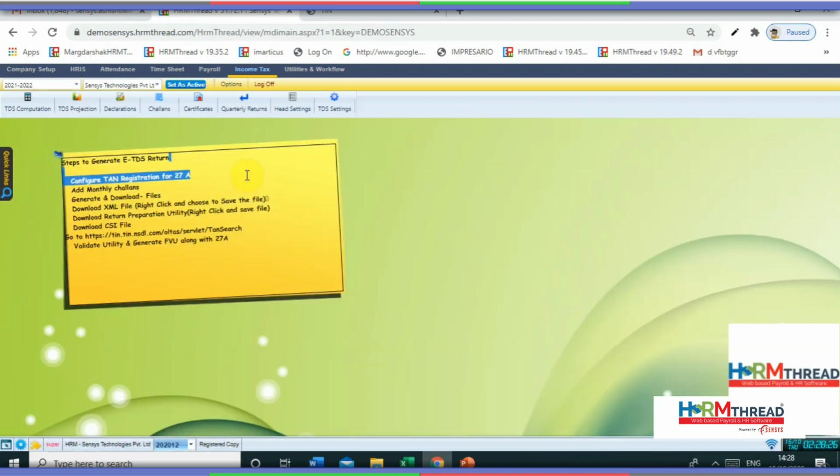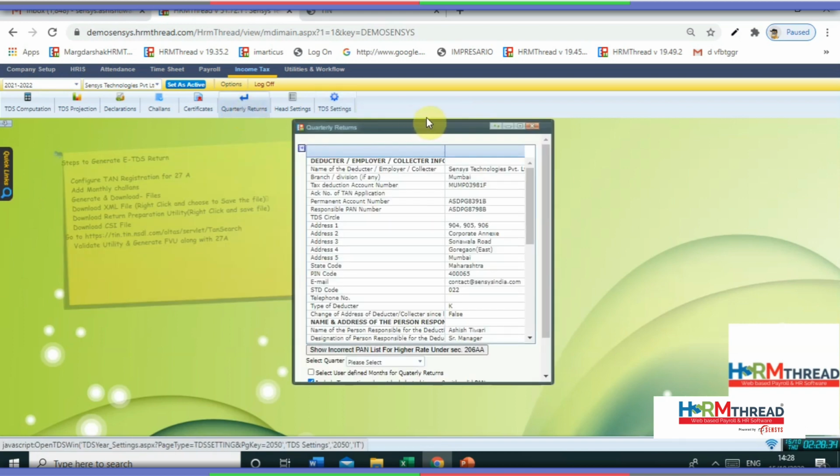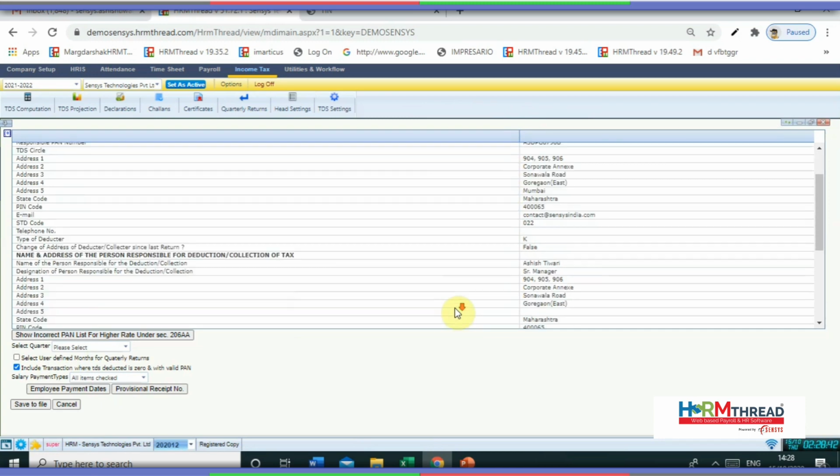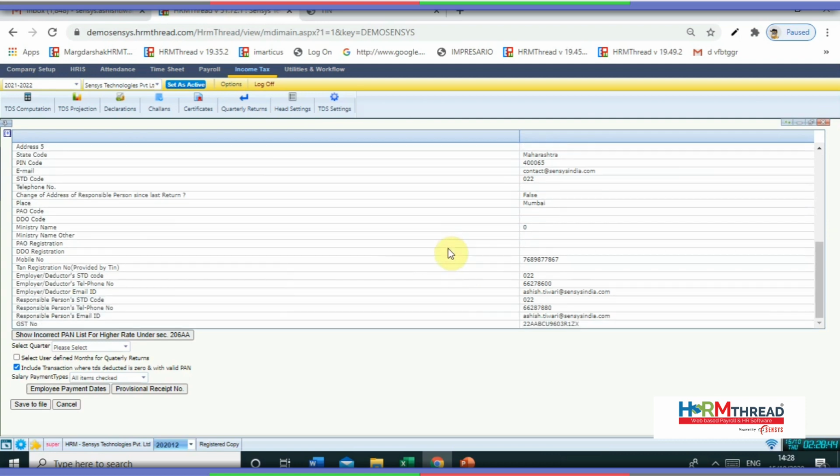Step 3. Generate XML file and return preparation utility. For that, in Income Tax tab, click on Quarterly Return. Here you can see whatever the details we have entered in TAN registration that has come automatically in this screen. You can cross check it. There's one more option like show incorrect PAN list for higher rate under section